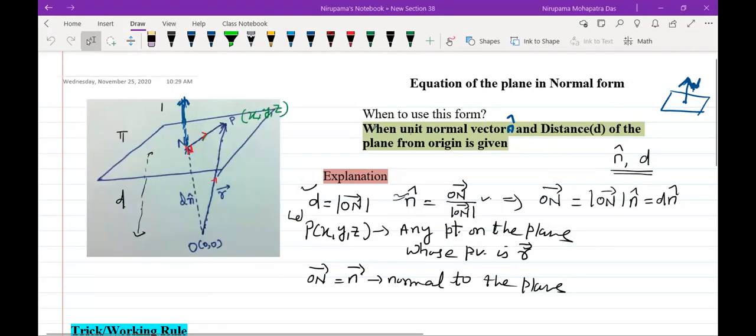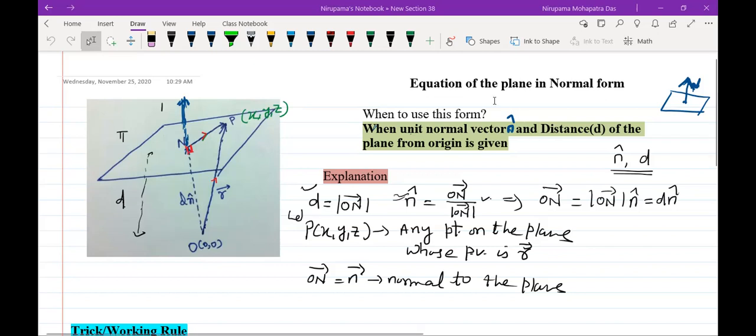Okay, so what are we going to study today? Yeah, we are going to study this today. Already we have started the topic. What is the plane and what is normal to the plane we have already discussed, and this is, you can say, the second lecture in the subtopic plane.